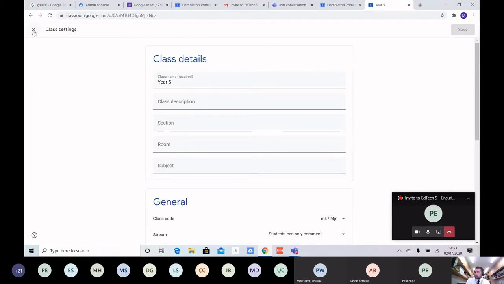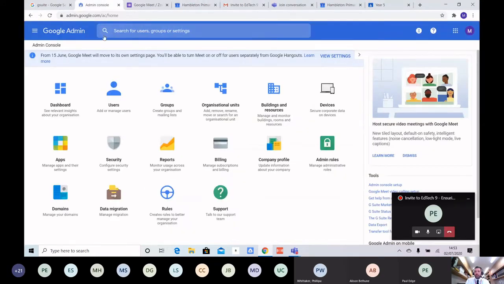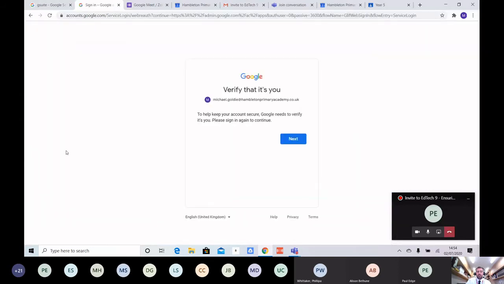Next, I'm going to look at actual Google Meet itself. Now, if I go into the admin console, which if you have Google Educational Suite, there'll be someone in your school who has the admin settings. In here, you have all of your functionalities. If I click into my apps,